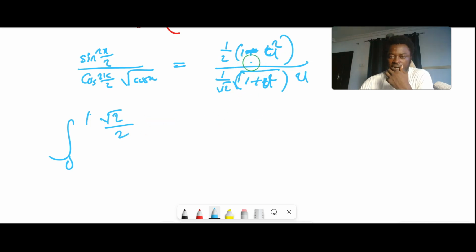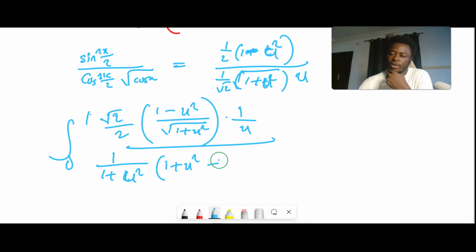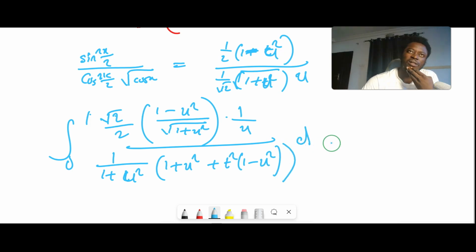Then you would have times 1 minus u squared all divided by square root of 1 plus u squared times 1 over u, and at the very bottom you have 1 over 1 plus u squared times 1 plus u squared plus t squared 1 minus u squared, then dt is